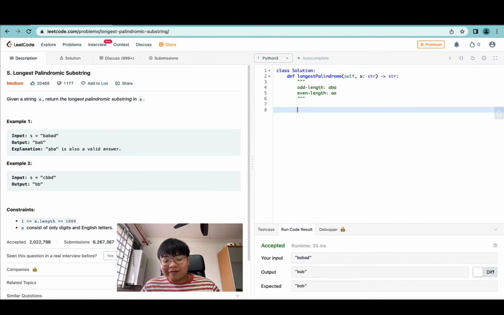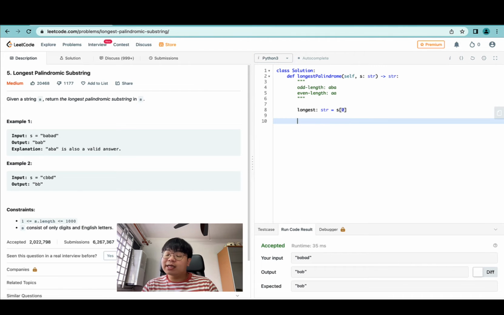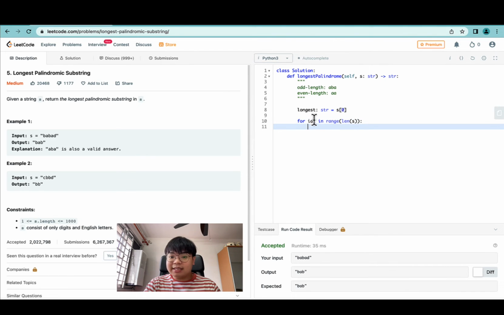The first step will be to define a longest palindrome variable to keep track of the longest palindrome thus far. Let's call this longest, and let's set this to the first character in this given string S. We can set that to the first character because we are guaranteed for S to be at least of length 1. So now that we have this convenience variable, we can start doing the linear scan and start expanding out the palindrome using the current index as the center. So for current index in range length of S,